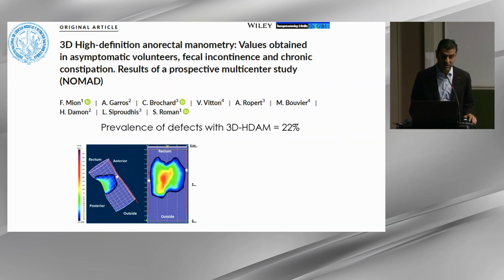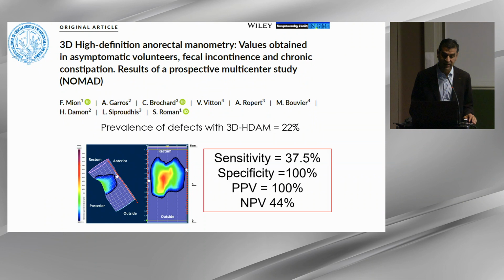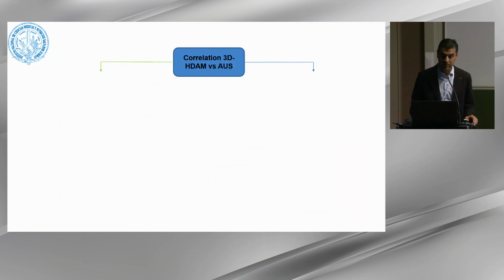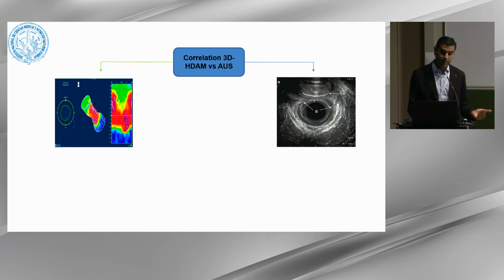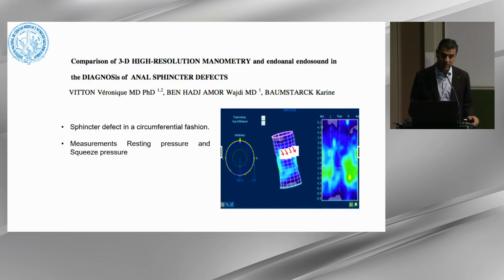In this other French study, they found a prevalence of 22% of these sphincter defects, with this sensitivity and specificity when compared with healthy controls. But now, what are we comparing with? We need to compare the 3D high definition with the more structural assessment, the endoanal ultrasound. So this study